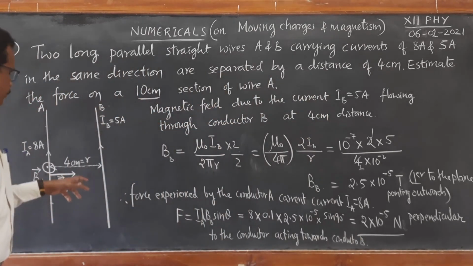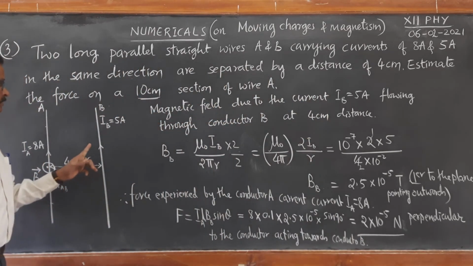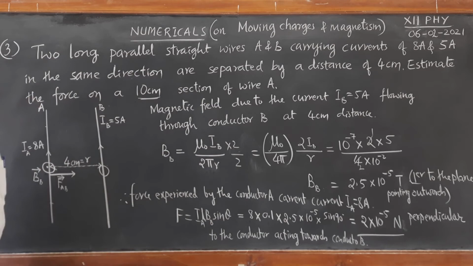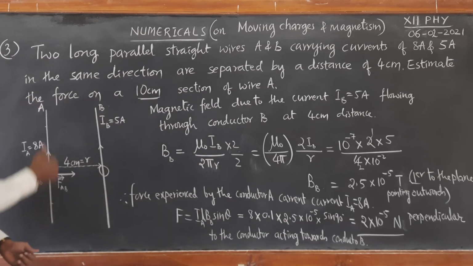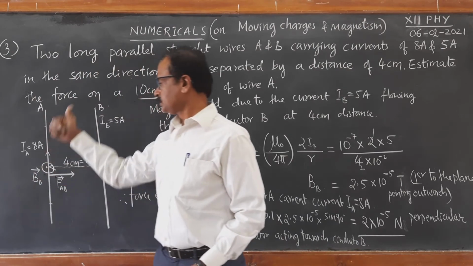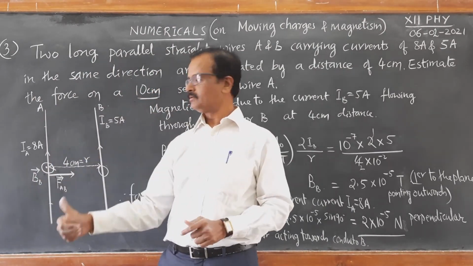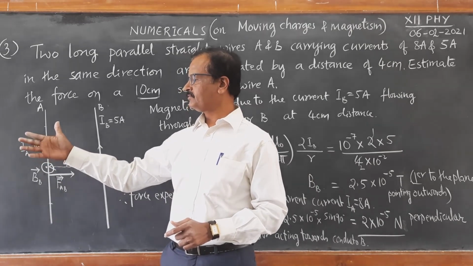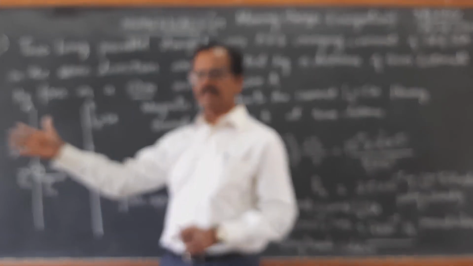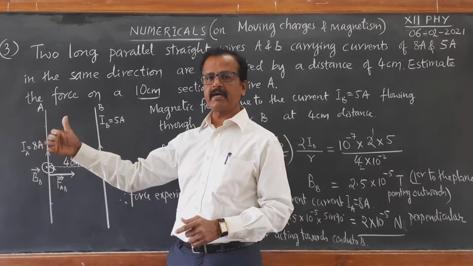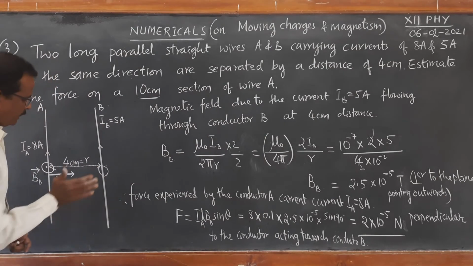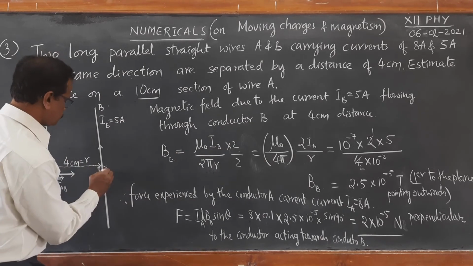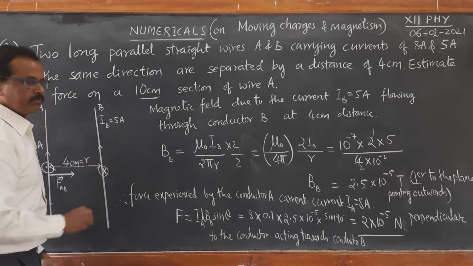In the same way, if you find out the magnetic field due to current flowing through A at B, you see the current here is vertically upwards. See the thumb: the current in conductor A is vertically upwards, shown by the thumb, and see the direction of the curling of the fingers. The curling of the fingers gives you the direction of magnetic field. So the fingers are entering inwards. Due to this current of 8 amperes, the fingers are entering inwards. So the magnetic field is shown by a cross.